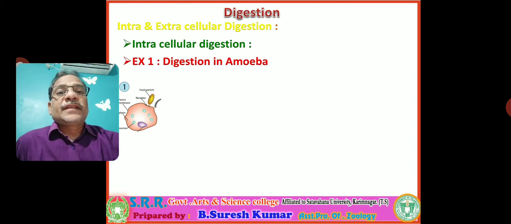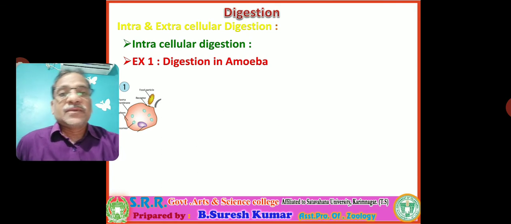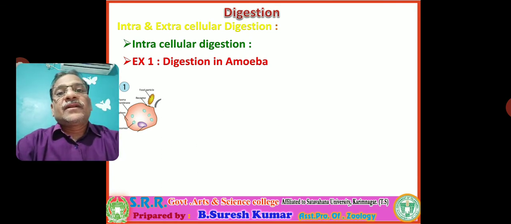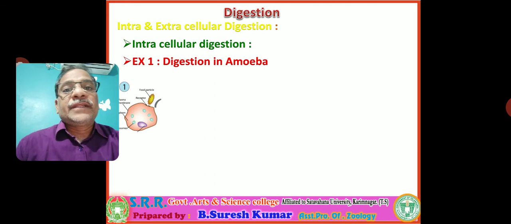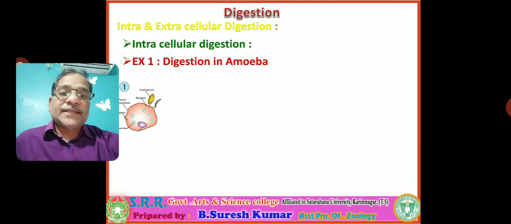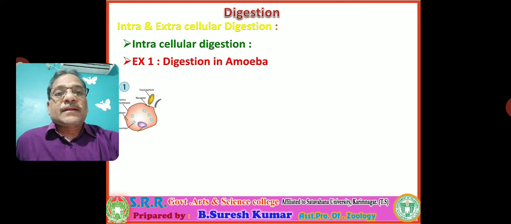So you observe that amoeba food particle, it shows holozoic nutrition. What is holozoic nutrition? Consumption of the solid form food material is called holozoic nutrition. So the amoeba consumes the solid form food particles with the help of pseudopodia. So it captures the food particle through pseudopodia. The food particle is solid form, so it comes